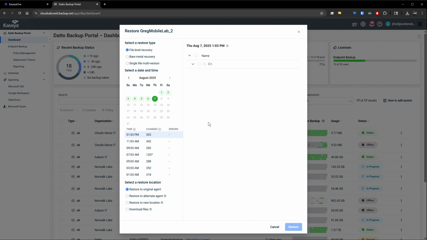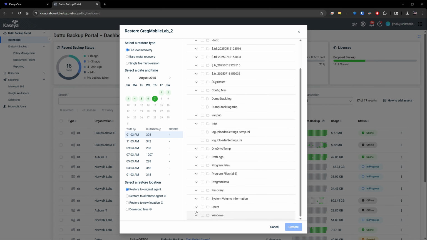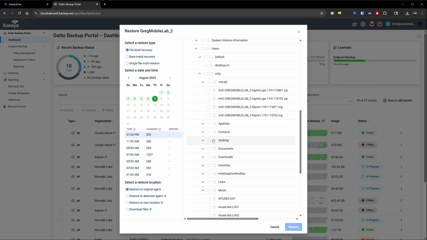So we're going to come over to here to restore. And you can see that I'm looking at the 7th at 1:03 p.m. and I'm doing a file level recovery. I could drill down into here and find under my users directory any of the information that I'm looking to recover. And if I wanted to restore the entire desktop folder, I could just restore that directly back to the original agent. Now, in most cases, we don't want to overwrite, so we would likely be restoring to a new location,